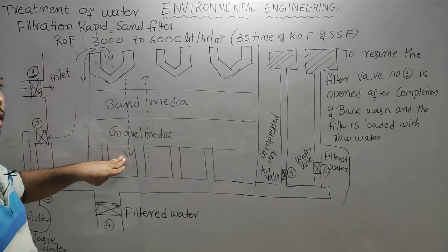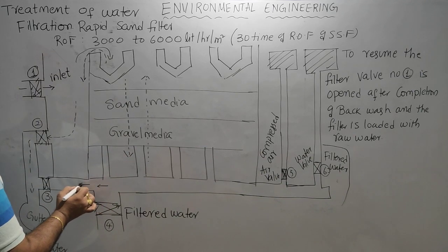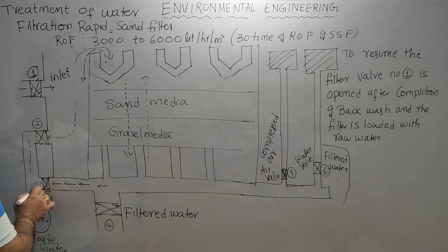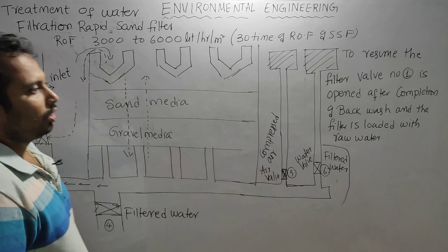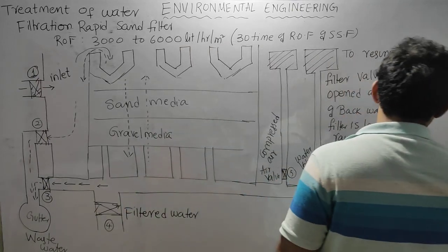The filtered water enters the under drainage system. From this under drainage system, we will take this water to valve number 3, through valve number 3 into the wastewater gutter. Okay, so the filter is loaded with raw water, but the filtered